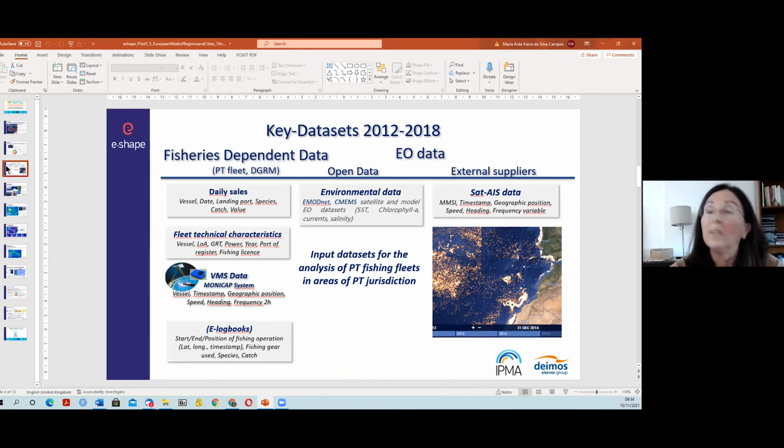As I said, the Portuguese Directorate for National Resources, DGRM. These data are confidential, anonymized data, and they are obtained through national monitoring programs, and they have provided long time series, at least some decades for some of this data, comprising vessel daily sales in auction, regarding the species catch and value, fleet technical characteristics, and also georeference data such as the